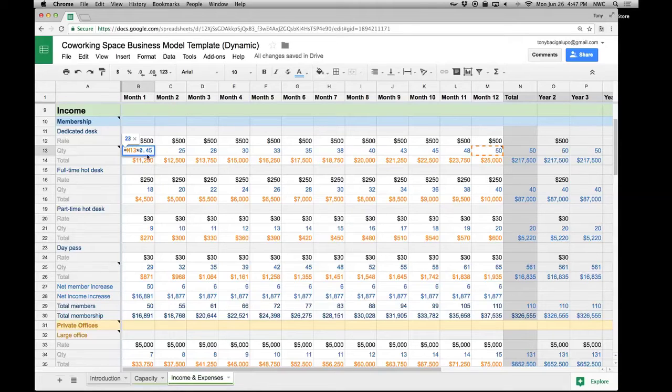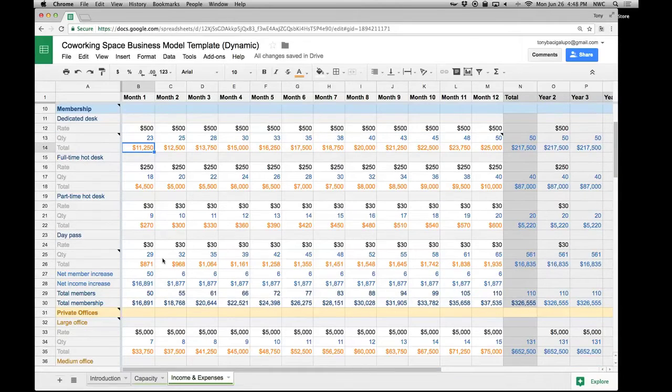And assuming that you're going to open at just under half of your capacity. Again, you can totally change up these numbers, but I'm just trying to give you, in the beginning, an idea of what your income will be at different ranges of capacity, from just under half to all the way full. And this is going to feed through to all the different membership numbers, and you can see here that